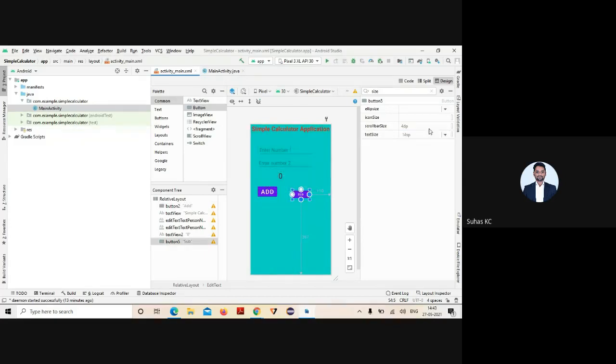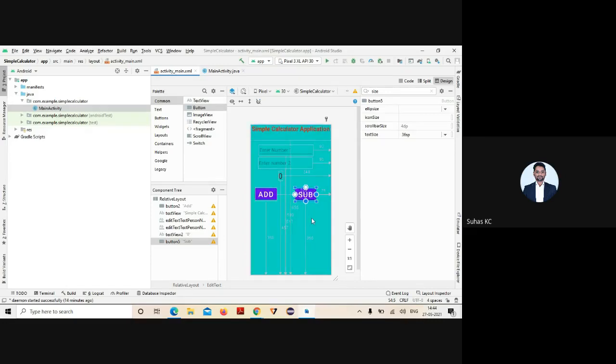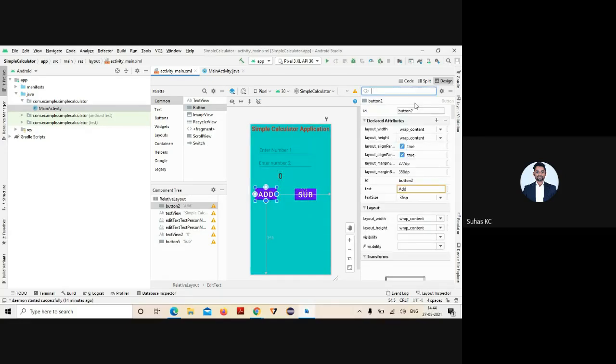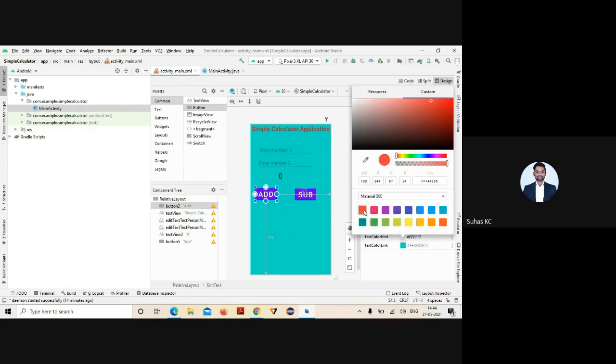And here also, go for this and change. And if you want to change the background of this also, it can be changed. Select that component, choose the color, and you can change the color for whatever you want.